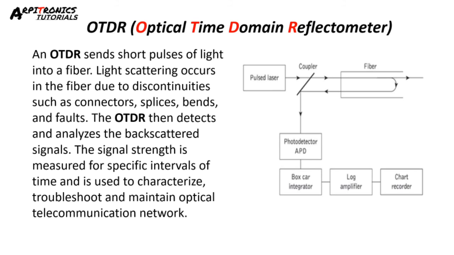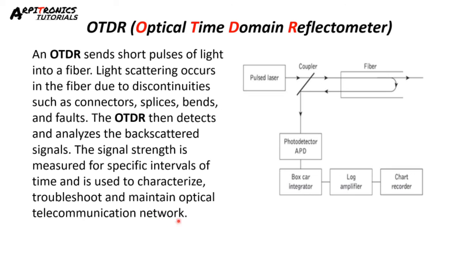Now OTDR. OTDR means optical time domain reflectometer. An optical time domain reflectometer sends short pulses of light into a fiber. Light scattering occurs in the fiber due to discontinuities such as connectors, splices, bends and various faults. The OTDR then detects and analyzes the backscattered light signal. The signal strength is measured for a specific interval of time and is used to characterize, troubleshoot and maintain